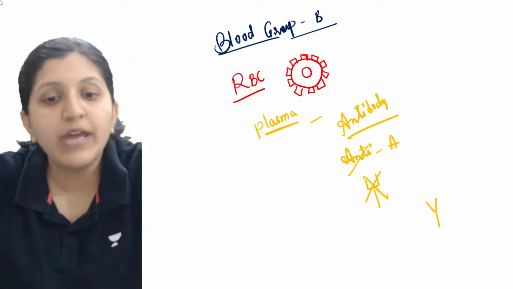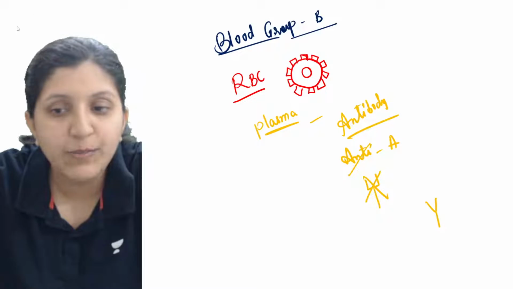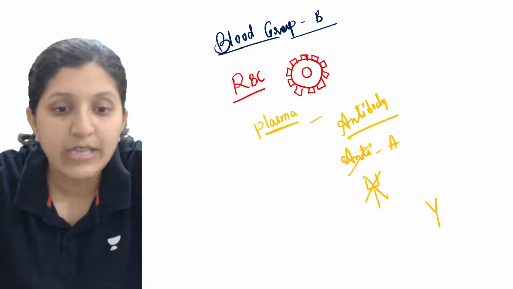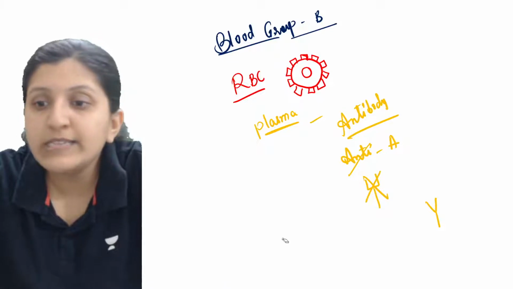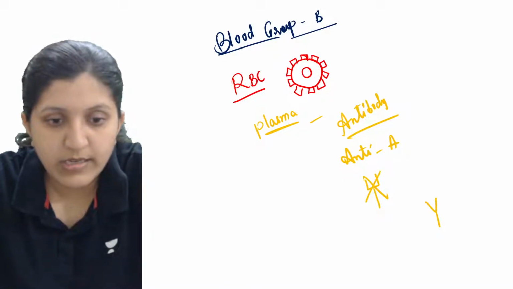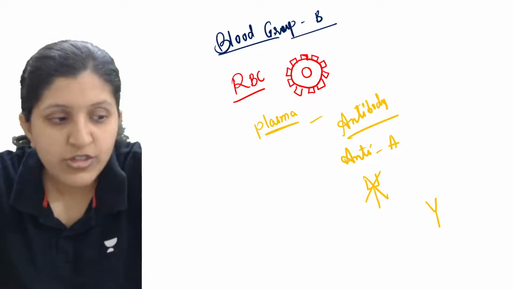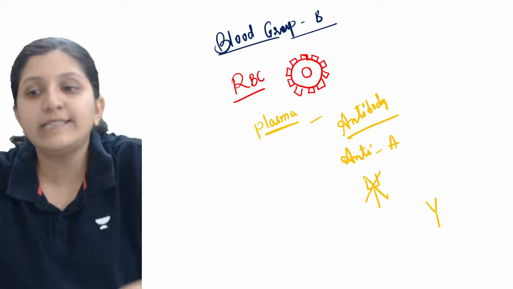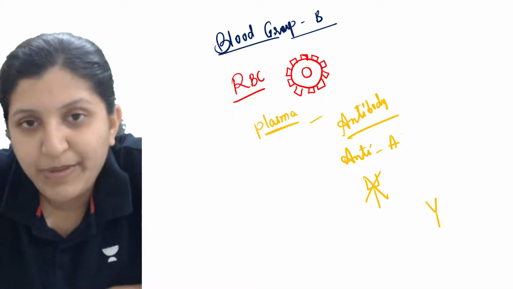So whenever we are considering these antigen antibody reactions, if they are binding specifically with each other, then it will lead to destruction of RBC. So now here anti-A is there, so there is no perfect binding between the antibody and the antigen. So let's have a look at